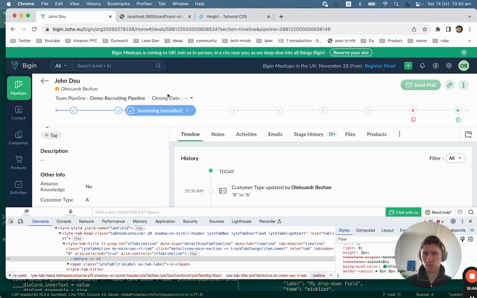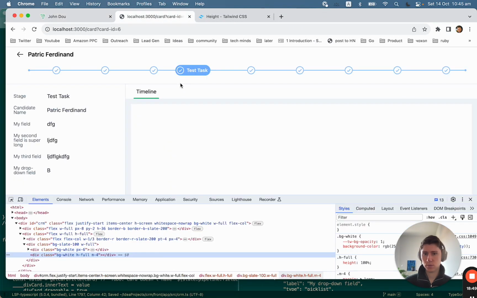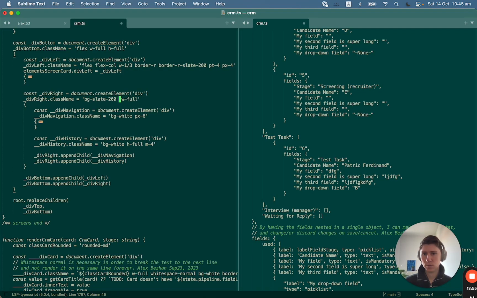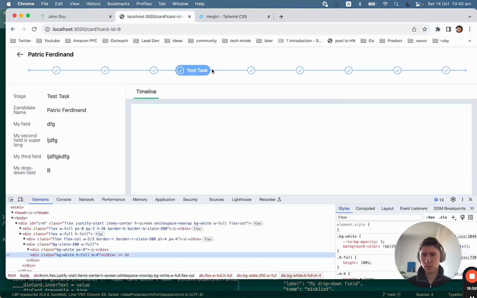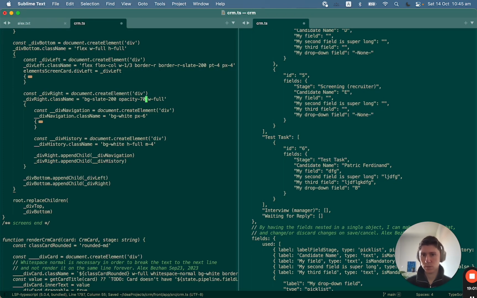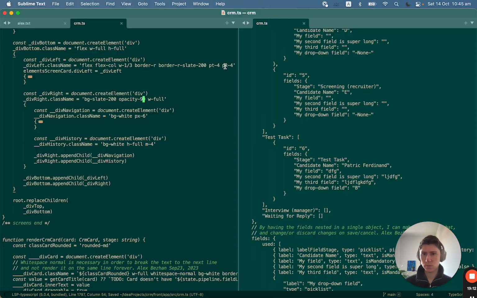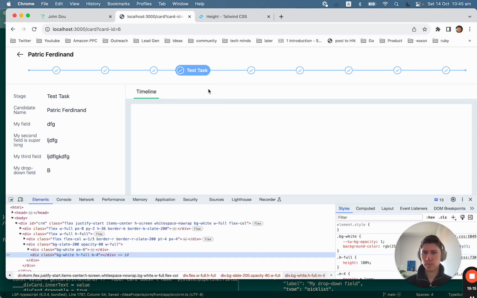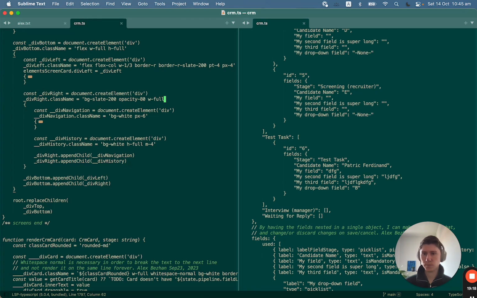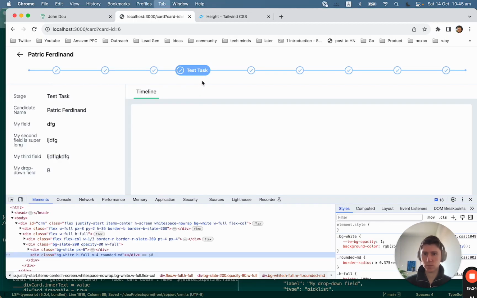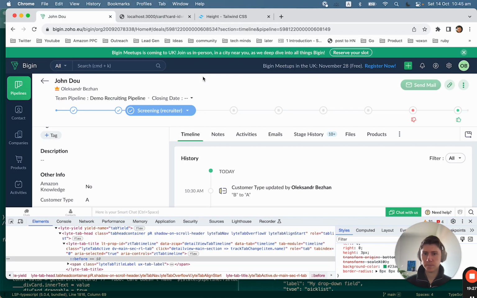And okay, and let's do rounded medium. Okay, now